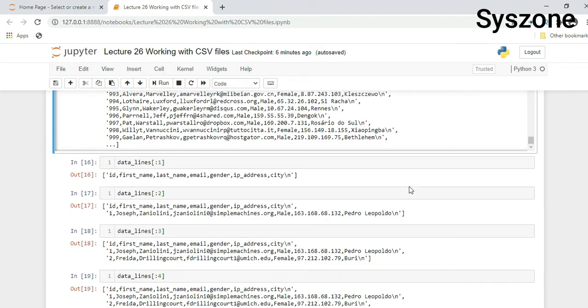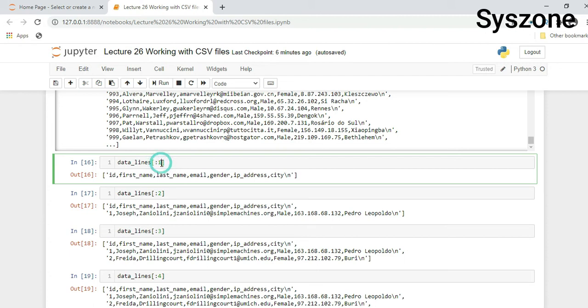If you want to pick a particular first line or second line of values from this CSV file, for all the data in the data_lines variable we can use slicing. At the start we have not defined any number, so it will take the default starting point, and at the end we are giving 1. The end value is always minus 1, so 1 minus 1 would be 0.